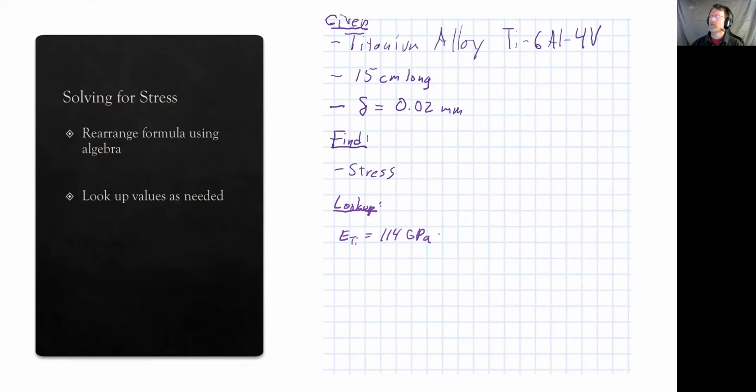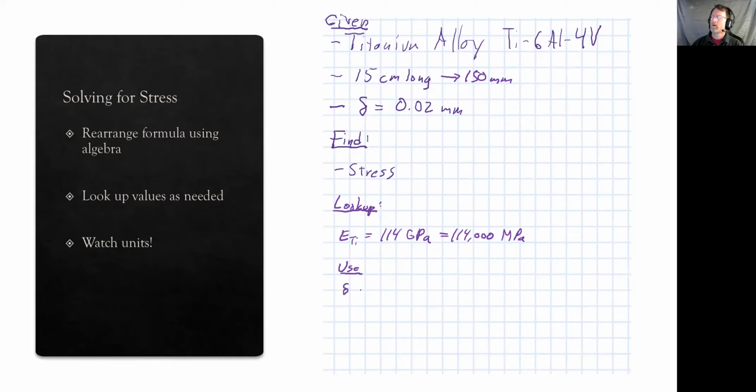All right, and I'm going to translate that right off the bat because we need to watch the units all the time, to 114,000 megapascals. Also, while I'm at it, I'm going to make this not 15 centimeters long, but 150 millimeters long. Okay, so now I'm going to use